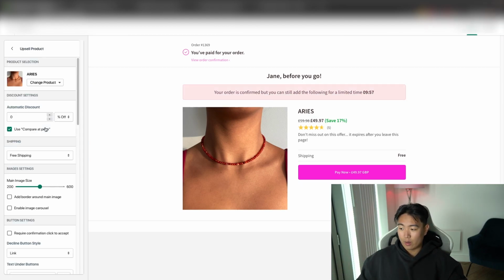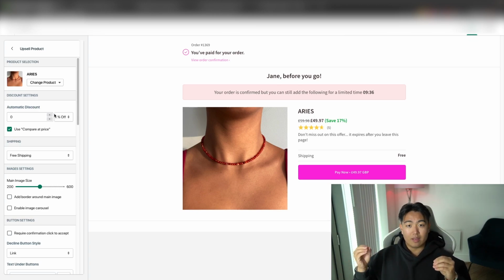Changing the text is super helpful, and you can also play around with discount percentages of the upsell product. Just remember, they've already placed their order, right? So any revenue that you extract from this order is going to be hugely profitable. So let's say your landed cost of goods sold is $10. Even if you sell it for $15, that $5 is extra profit. So feel free to discount the shit out of your products right here, because you have very little reason to